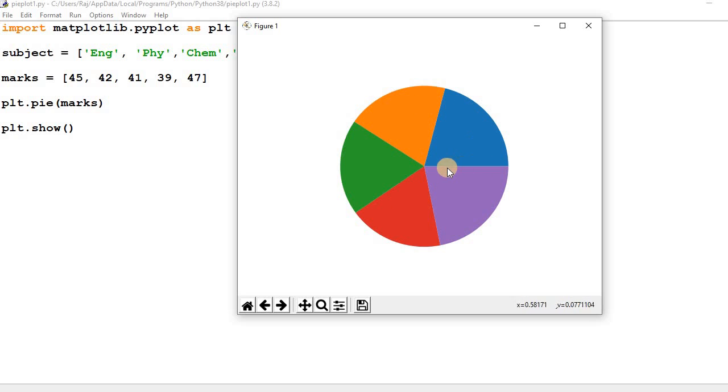Suppose you want to display the label, to show which data set this slice is for, it is not displaying here. So if you want to display the label of each slice of this pie, we can pass one more attribute that will display the labels of the different slices.